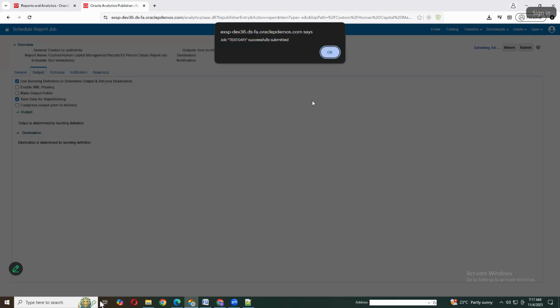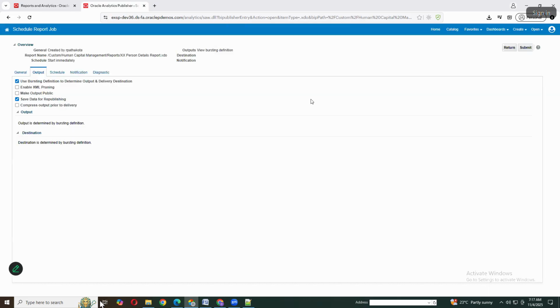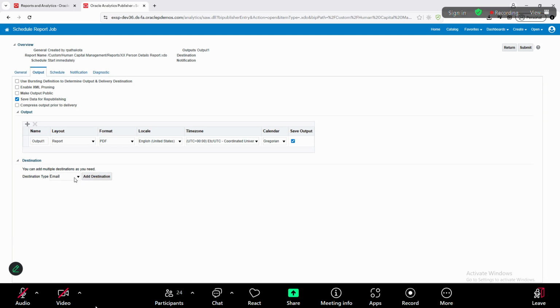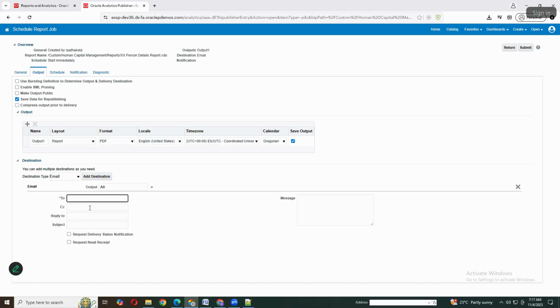And how do we manually send an email to any user while we are scheduling? So just remove this. Once we remove the bursting related checkbox, the static email will be enabled. Add the destination, provide all the details of to, CC, reply to, subject and the body. This is body. So once we create this, the output file will be shared as the email,